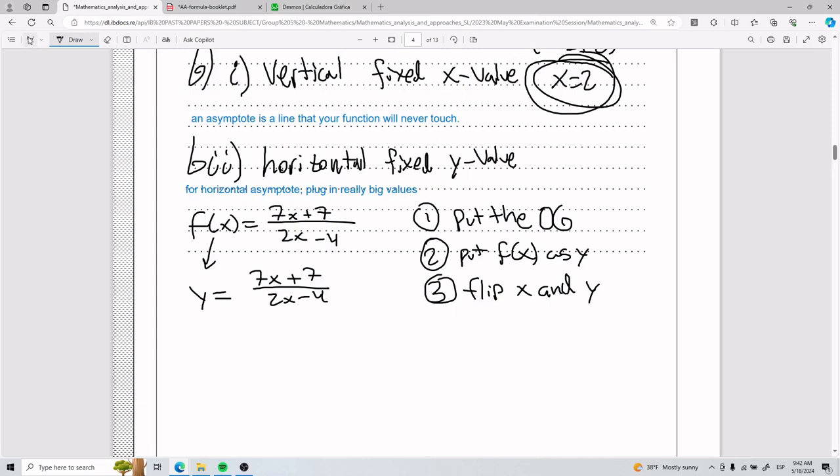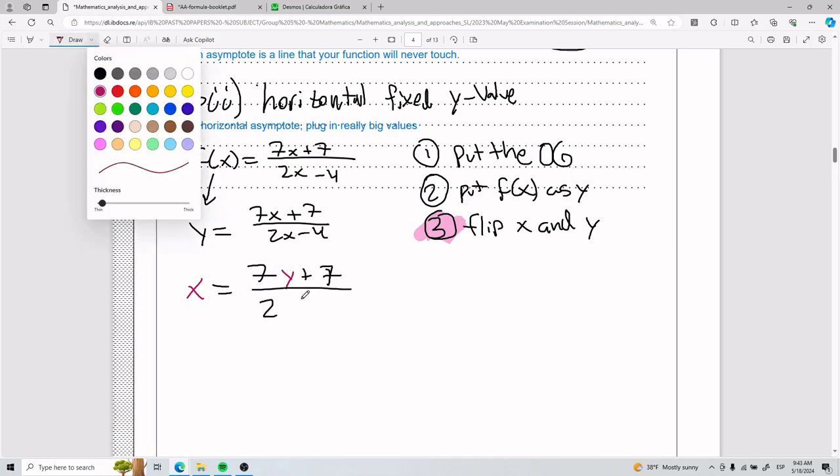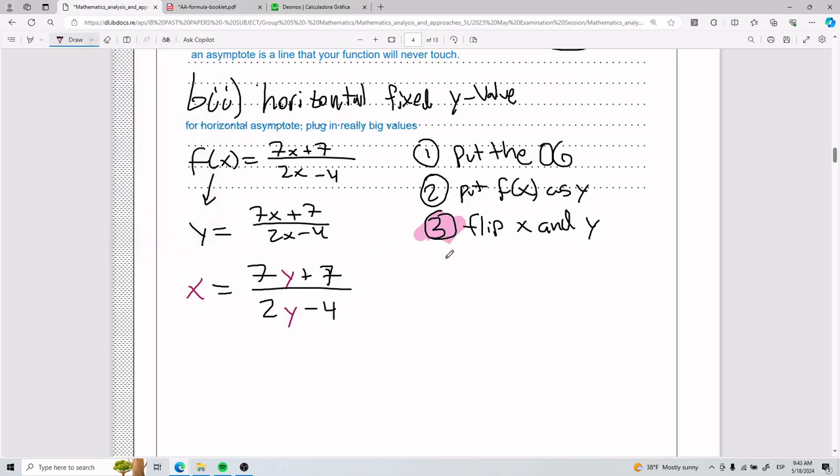And this is the key step. The moment you flip x and y, you're now finding the inverse. See? So if you flip x and y, that means you end up with x on the left equals 7 times y, ooh la la, plus 7 divided by 2 times y minus 4. And now that you flipped x and y, get y alone. Okay? So if you get y alone from here,